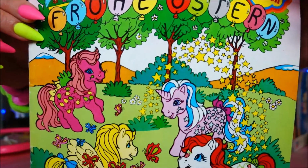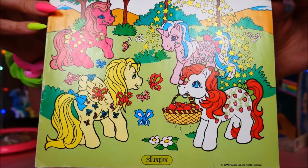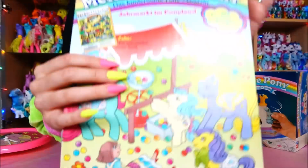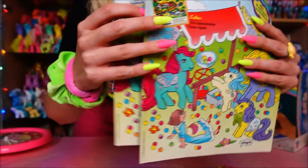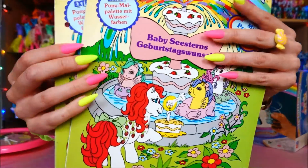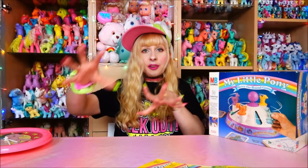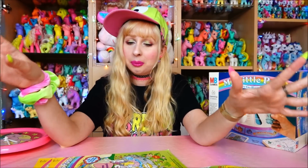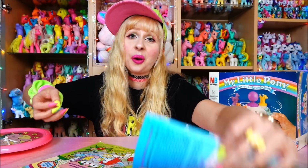This is probably my favorite cover. It's for Easter and it shows the Twice as Fancy ponies. Oh, my heart. This is so beautiful. And then I actually picked up 2 doubles of this one and of this one. Just because I've now got 15 issues and I was at 13 issues and I was like, 13, what a stupid number. So I just picked up 2 doubles,